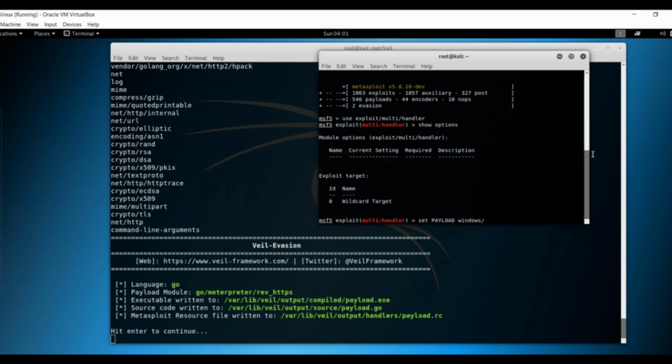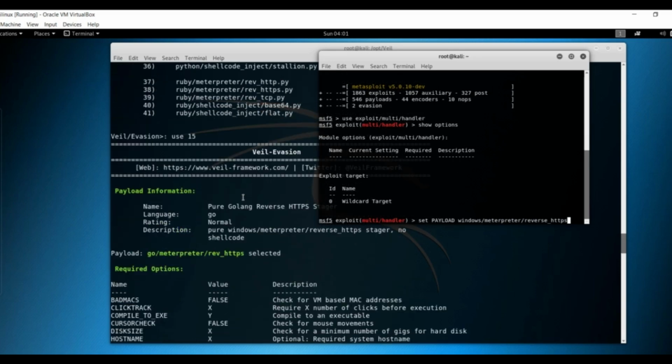It is in the Windows and the meterpreter, and after that you have to just give the name as reverse, and okay, it's reverse HTTPS. If you use the payload that is made by the Whale, that can be the reverse TCP, then you have to type here reverse TCP. If it is reverse HTTP, you can just type reverse HTTP. So make sure that this is the name of your payload,